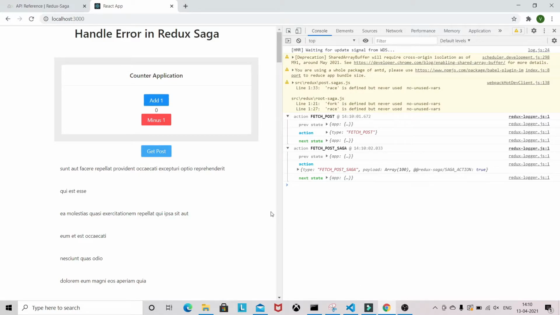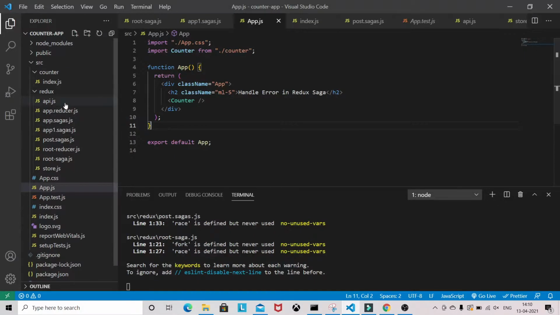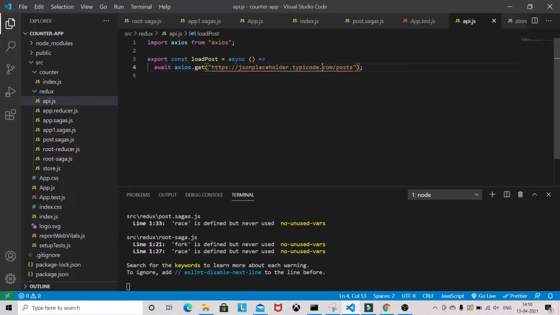To demonstrate how to handle an error in Redux Saga, I will just make a typo mistake here, so then it won't return your posts.